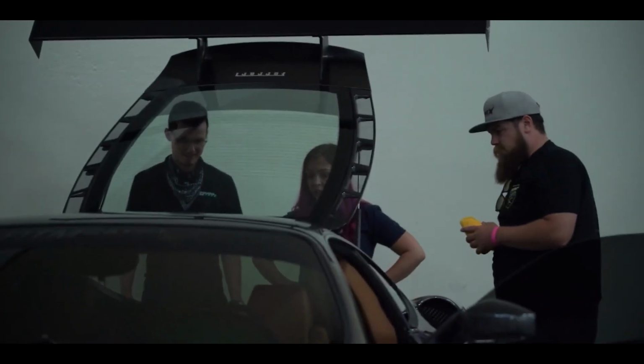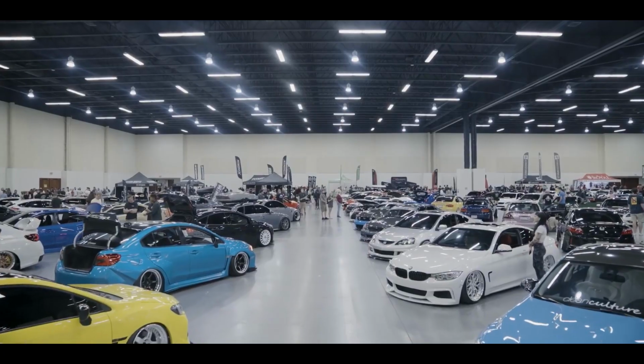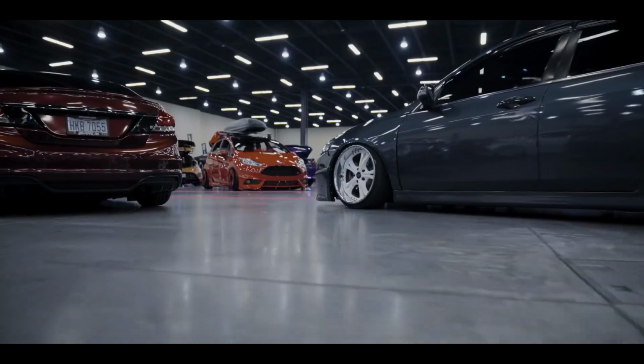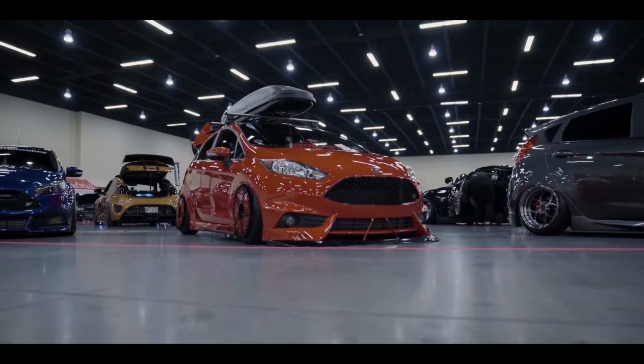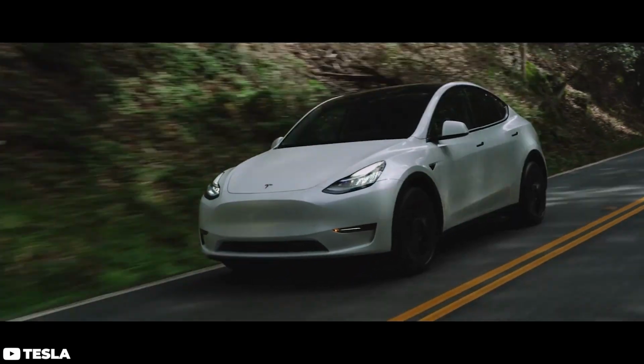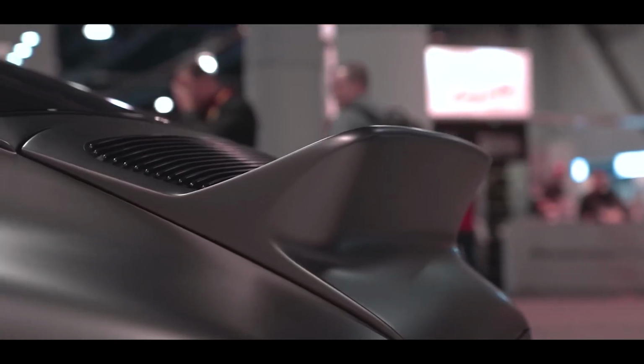As car enthusiasts, we go to a ton of car shows throughout the year, ranging from street meets and cruises all the way up to your high budget, high-end car shows with only the highest level of show cars. And something I find myself paying more and more attention to in recent years is trend shifts. Looking at what trends are up and coming, what's currently popular, and what's been being done for too long